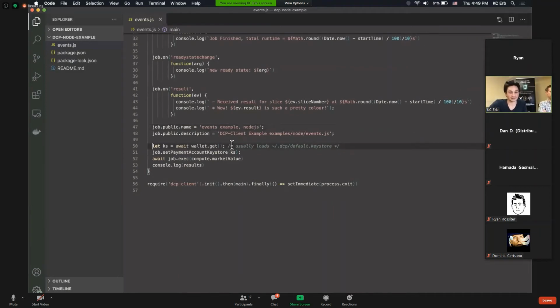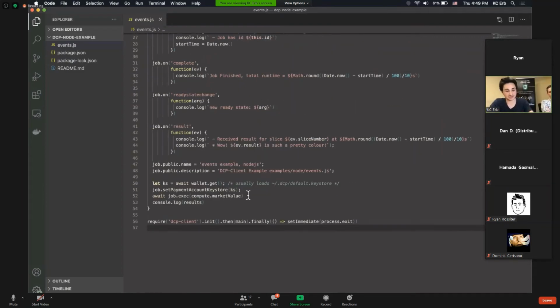Other than that, we are manually loading the wallet key store, going let keystore equal wallet.get from the DCP module. And as you can see here, it loads it from right there, which is what we did in the previous step. After that, we launch our job.exec. We basically just tell it to compute at market value. I don't want to charge any more or less for this job. I just want it to be the regular market value of distributed compute credits. And that's about it. You can see that if I run this,